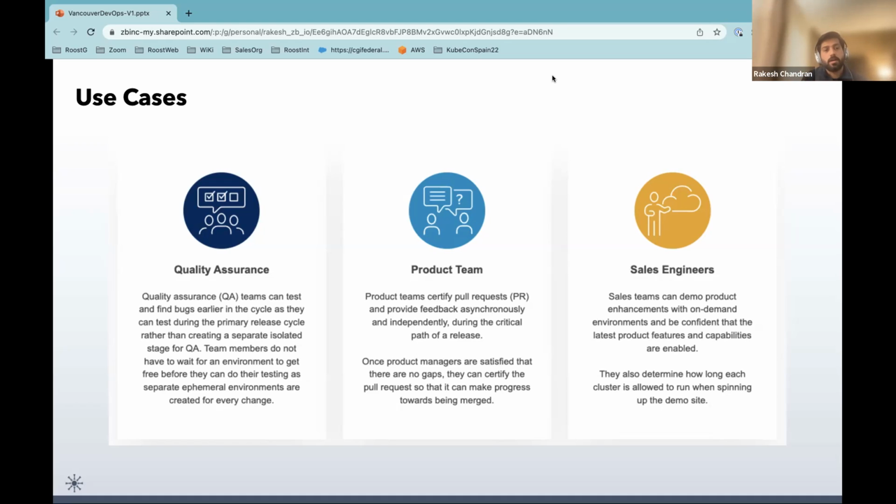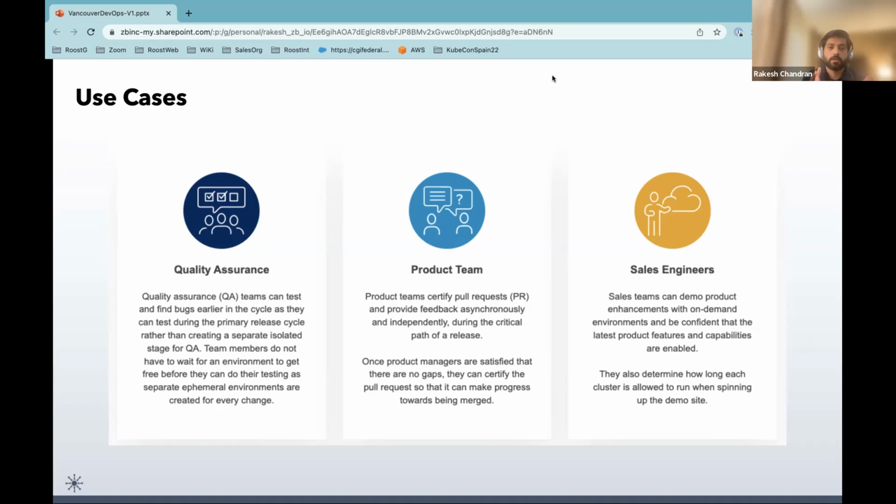But with Roost AI's ephemeral environment concept, for every pull request, every change, we create an environment. The QA can directly go to that environment, test that change, approve it and provide constant feedback to the developer. That is one aspect of the lifecycle where QA can benefit from this ephemeral concept.